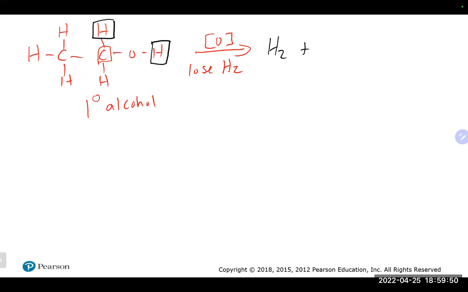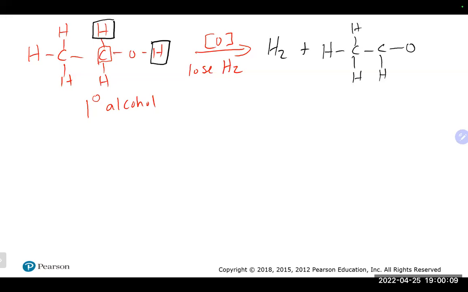Now, what happens is everything stays exactly the same on this one. I'm just going to draw exactly what I got over there. I'm going to draw the H, the C, the H, and the H, and the C, and the H, and the O. I'm obviously not drawing the 2 H's I have in boxes, right? I just took those out.